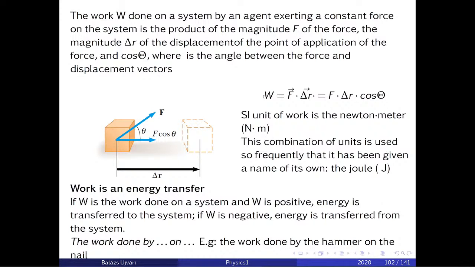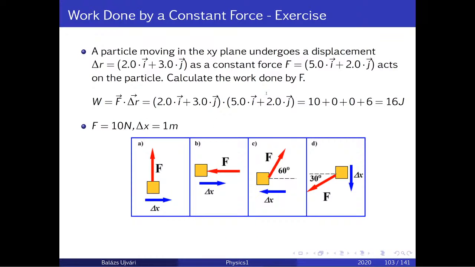Just some phrases. The work done by gravitation on you means, if it's positive, the gravitational force will increase your energy. Work is energy transfer. Work can also be negative. If it's positive, that means the work done by gravitation on a box increases the box's kinetic energy. If the work is negative, like in B, when, for example, there is a moving box,